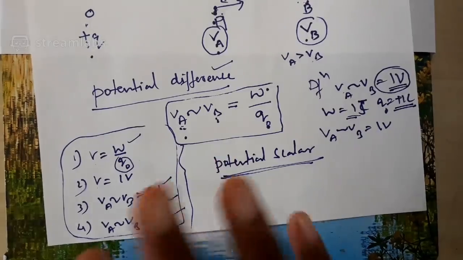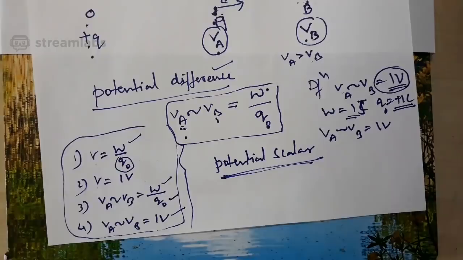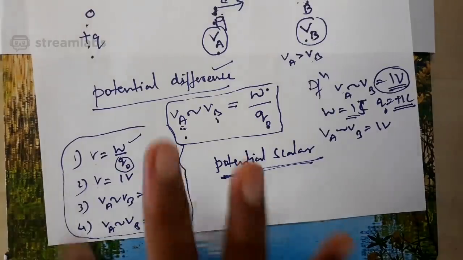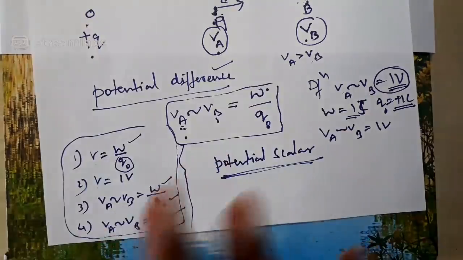I'll spend 2 minutes just to recall whatever I discussed. If you are having a study material along with you, just go through it, whatever the 4 points I highlighted. I'm following the random order because in between some of the note may be there in the study material. So just go through whatever I said for the 2 minutes, then I'll continue my discussion. Because later, when we proceed further, we have to highlight on the difference between electric intensity and electric potential. Before that, one more point I would like to clear before I give a 2 minutes break for you to go through the study material.